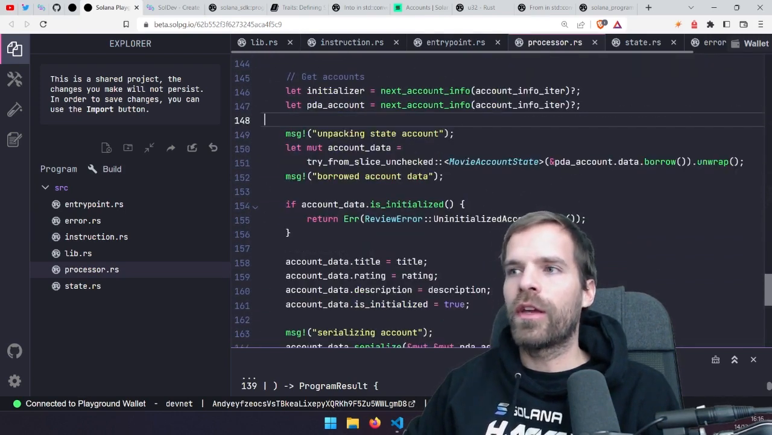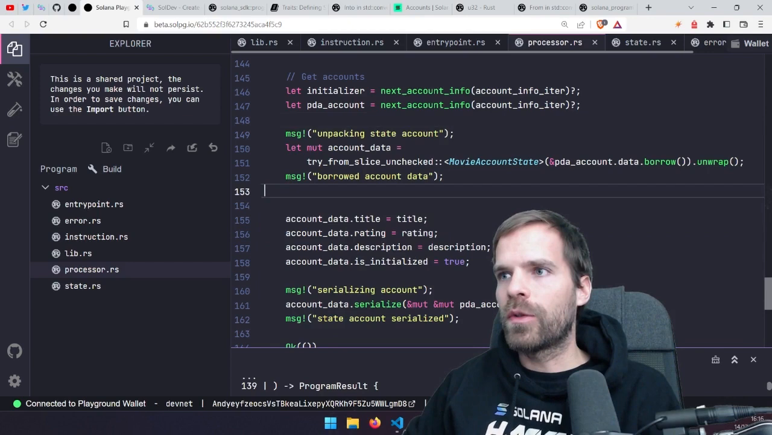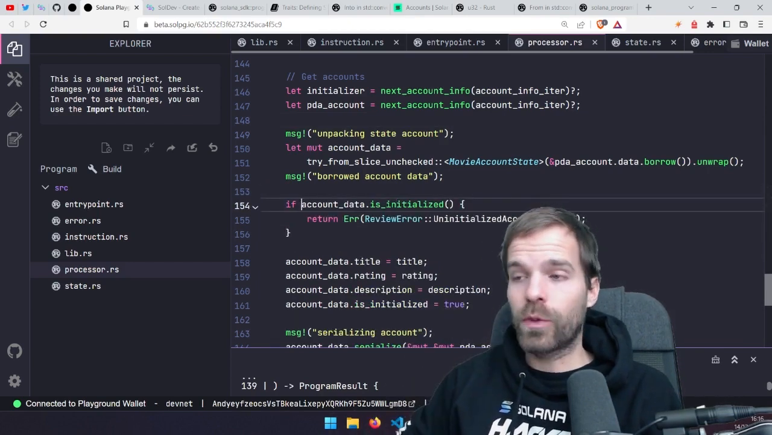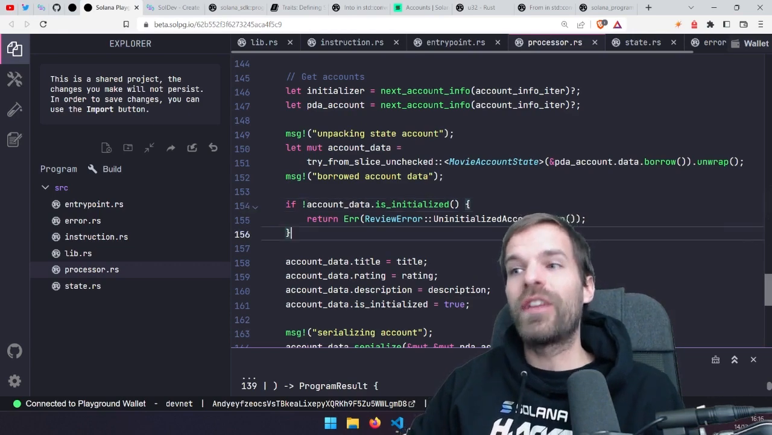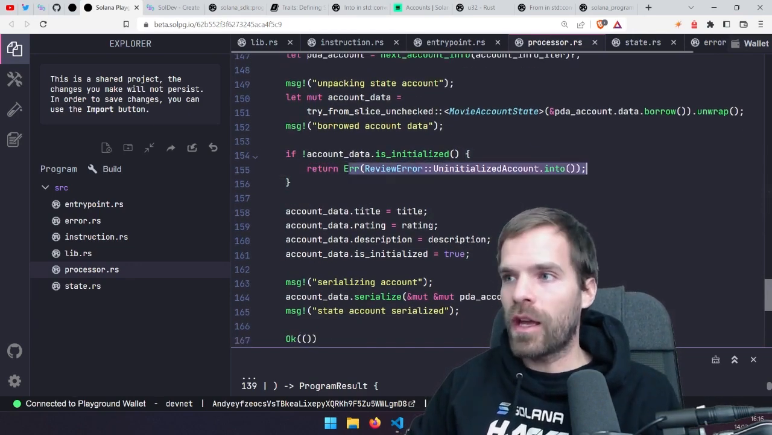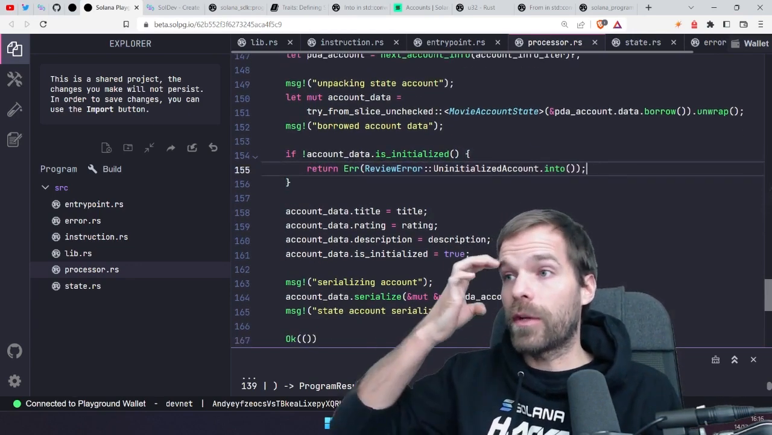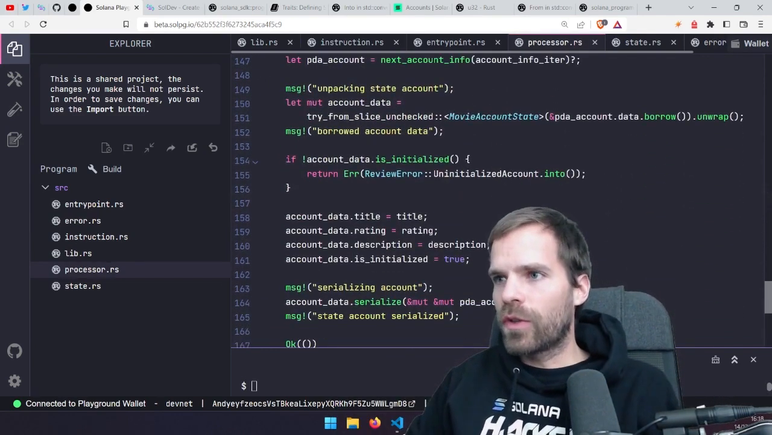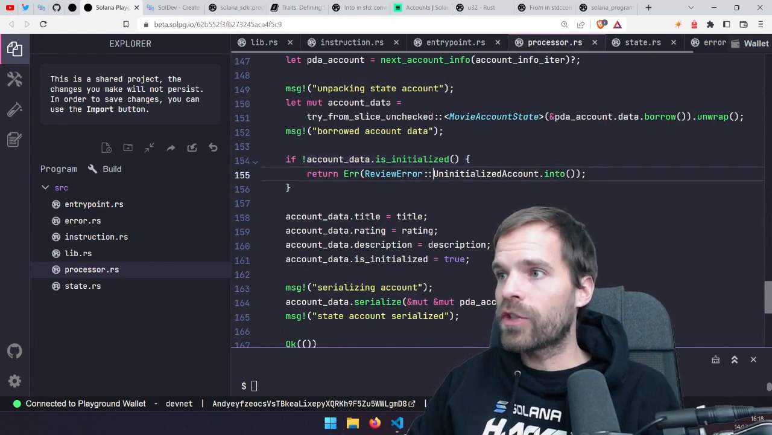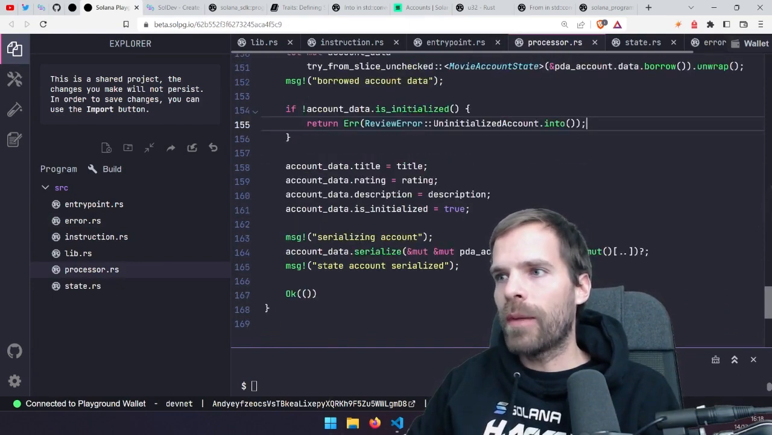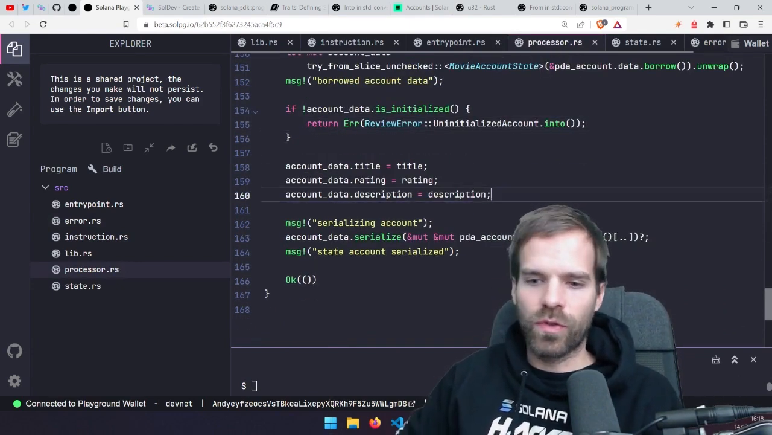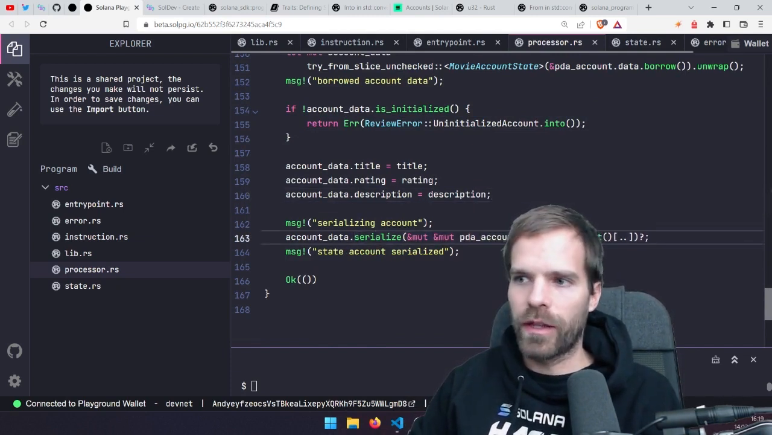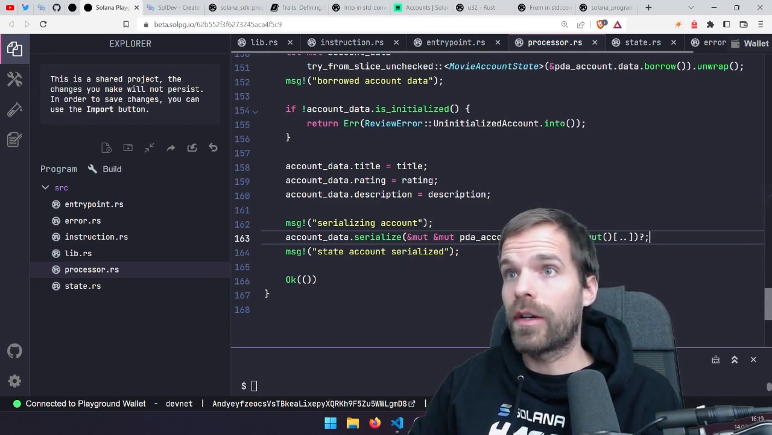And the only thing that we do differently now is we do the opposite check. We don't check if it is not initialized. We check that it is initialized. So if it is not initialized, then we throw some custom error. Back to our processor into the update movie review. So if it is not initialized, we throw this. Otherwise, we update. And the setting to true we don't need because it is already there. And then we serialize again in the same way that we did also last time and in the add movie